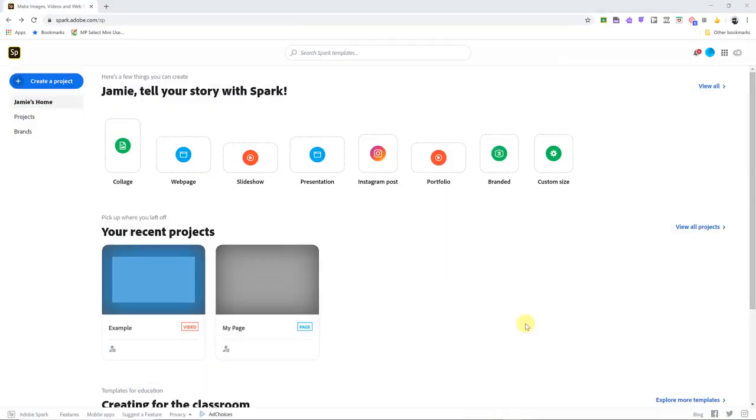Adobe Spark. Now this is a great way to share things online. It's great for you to create stuff for your students, or for your students to create things to hand in to you. You can create so many different things. You can see from all these different setups that they have on templates, collages, web page, slideshows, presentations, social media